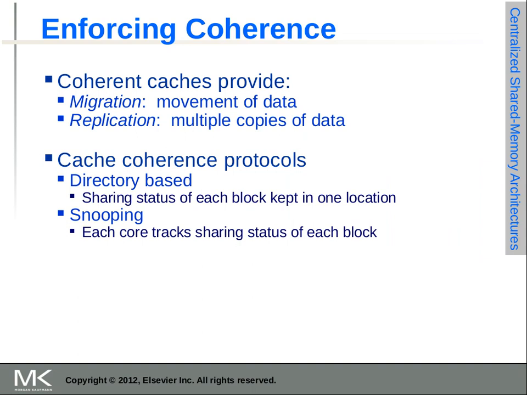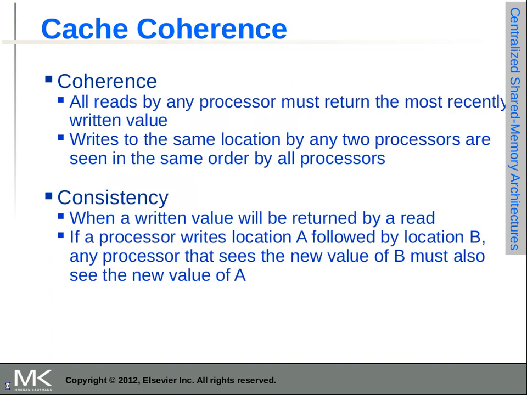All right, so with coherent caches, you have to migrate movement of data. In the previous example, for B's cache, you need to do something with the value of X in there: either update it with the correct value or invalidate it. Or you need to migrate, move the data. That would be invalidating everyone's data, or you can replicate it. Make sure you update everyone's X values. In other words,